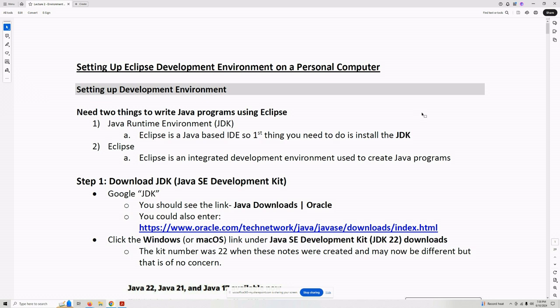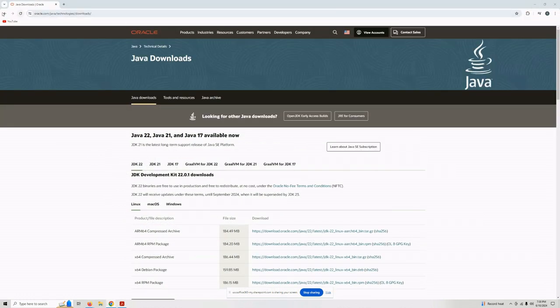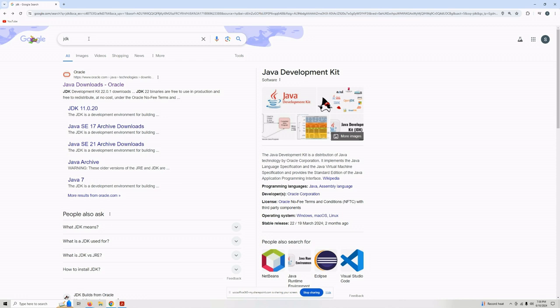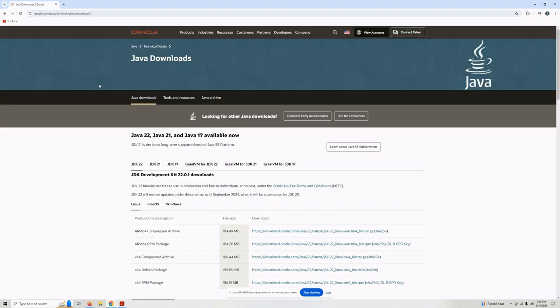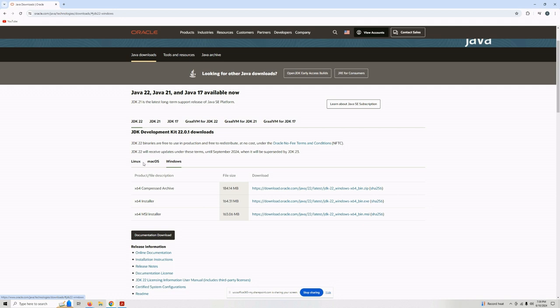So first thing we're going to do is download the JDK. What you'll want to do is go to Google, type in JDK, and it should be the very first link that comes up in the search results. Just click on Java downloads, and then you will see Java 22, 21. We're just going to pick JDK 22. And I have a Windows machine, so that's the one I'm going to click on. But as you can see, if you have a Mac or a Linux, you can also download the appropriate one